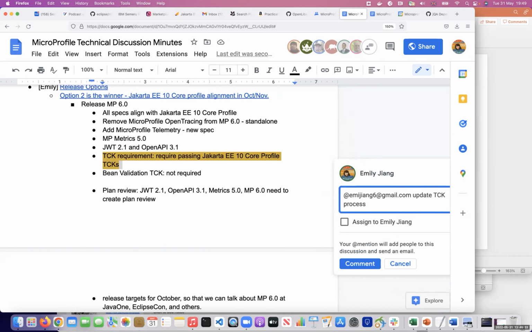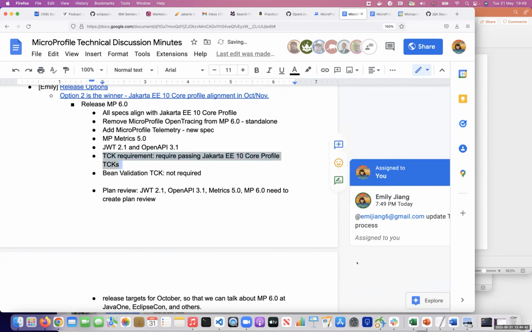I mean, ensure that the TCK process at the moment only requires MicroProfile component specifications, at least in MicroProfile 4.1 and 5.0. I think when we release 6.0, we need to change that in the spec.